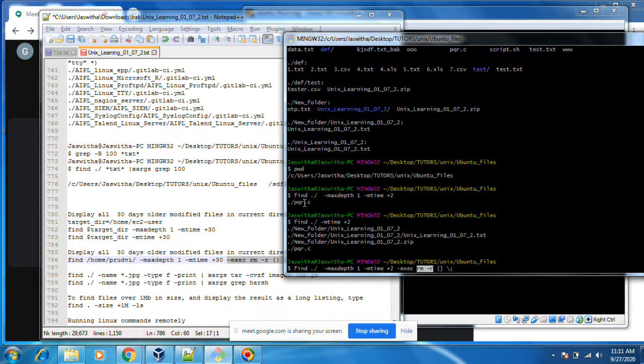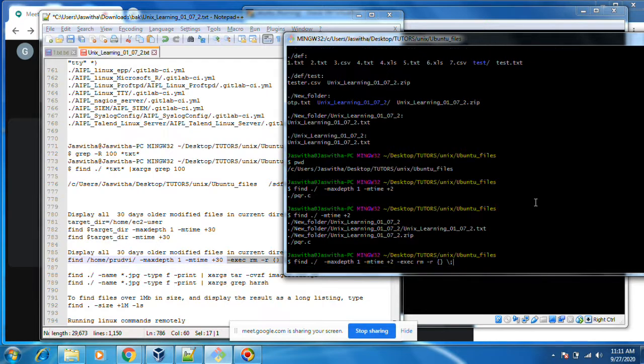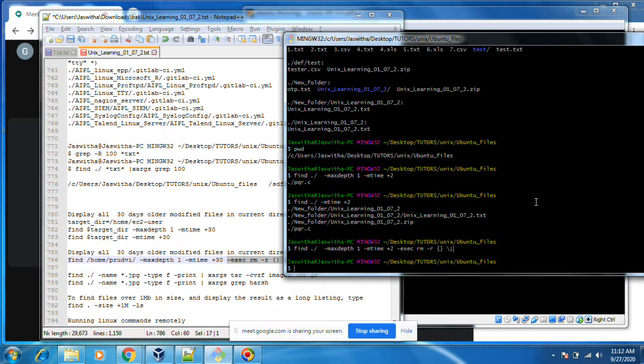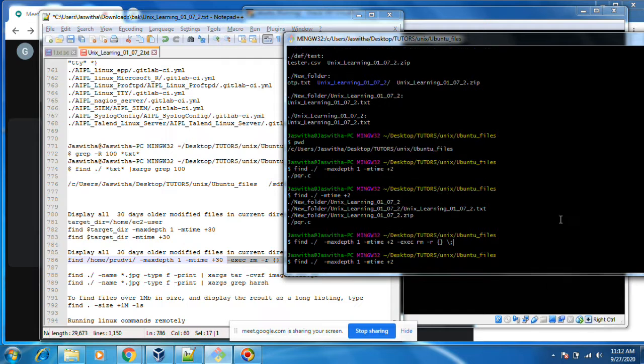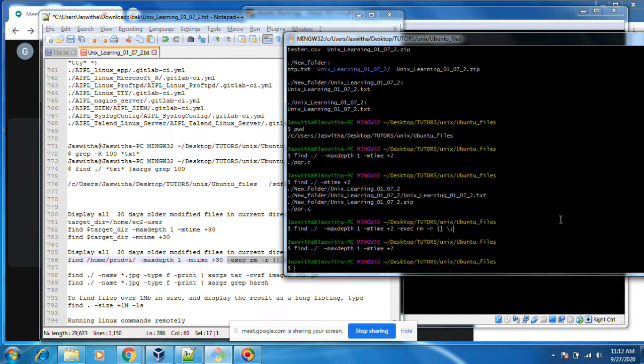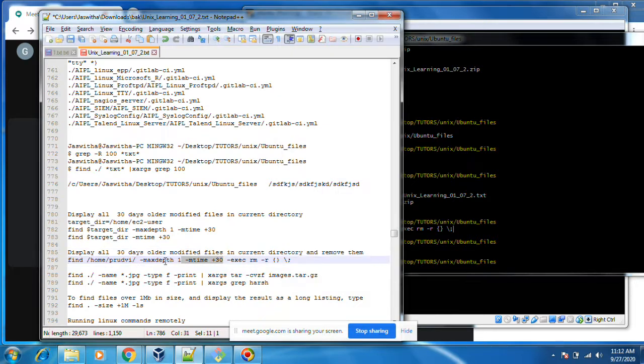In this output, this file will get removed. You can run this command to see the output. Nothing is there. Okay, you can delete all the files older than 30 days in this path. As you wish, you can try this command.